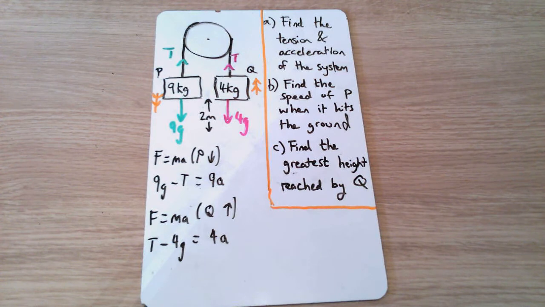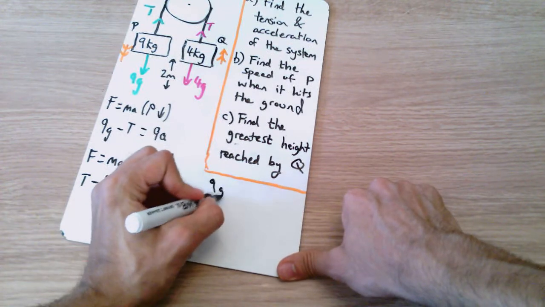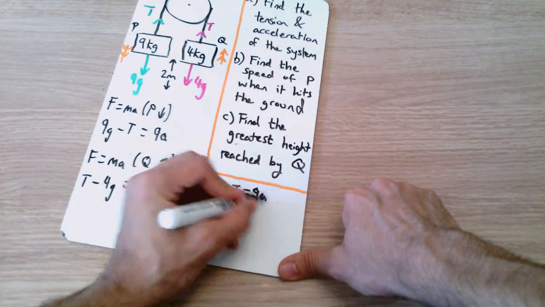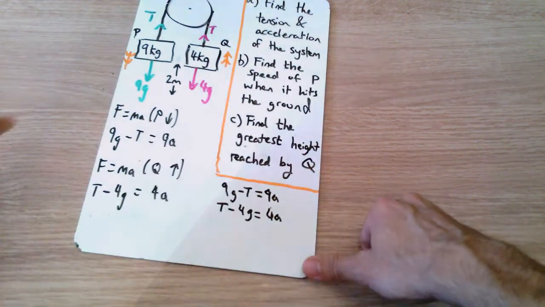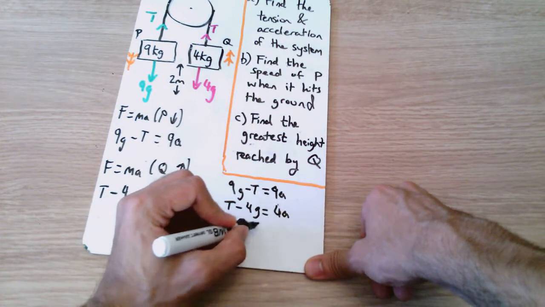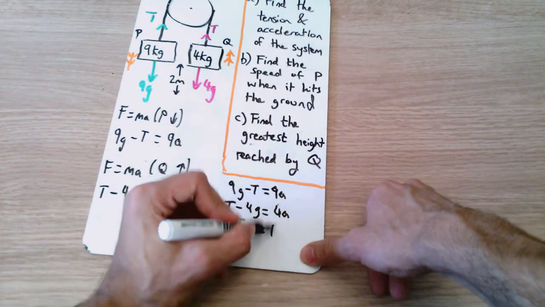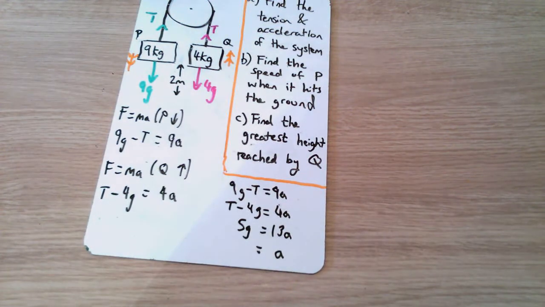To solve these two equations, we need to add them. So if I write them again on the right hand side, that gives us 9G minus T is equal to 9A, and T minus 4G is equal to 4A. We add our two equations, we get 9G adding with minus 4G is 5G, and 9A plus 4A is 13A. And that value of A is equal to 5G divided by 13, or 5 times 9.8 divided by 13, which is